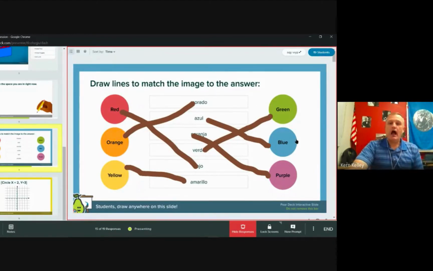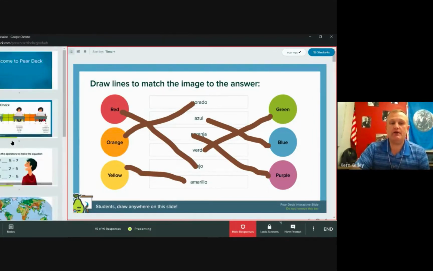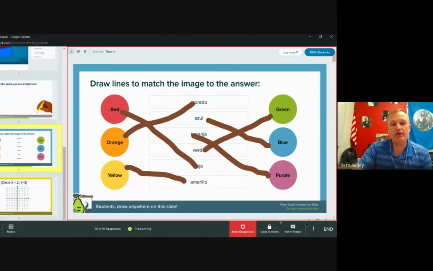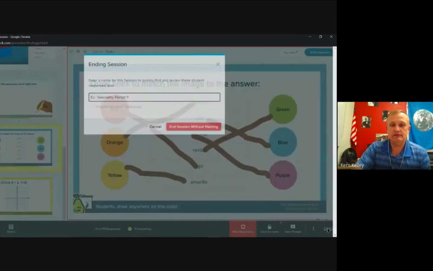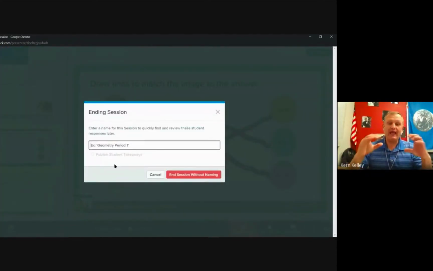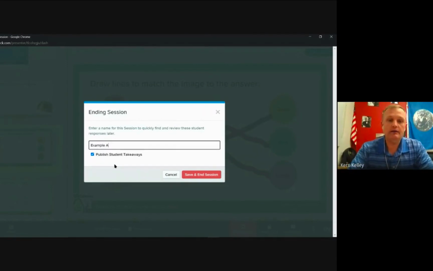All right. I'm going to end this lesson. We have one more here, but you guys have seen Pear Deck before because of these kinds of samples. In the lower right, if I click end, it's going to ask me if I want to name this session, right? So we'll call this example A. Publish student takeaways. Okay, so what that is, and I'll show you an example of this too, is it will